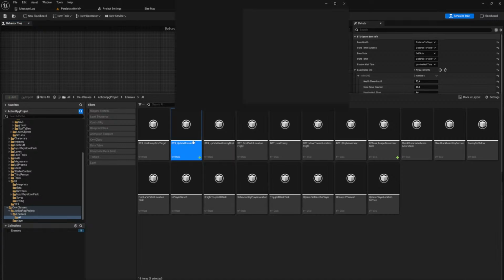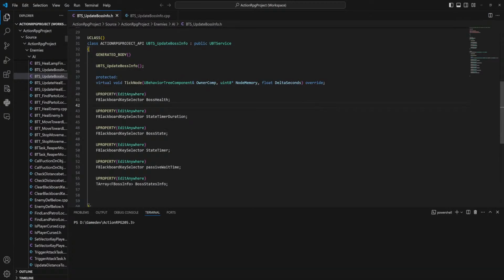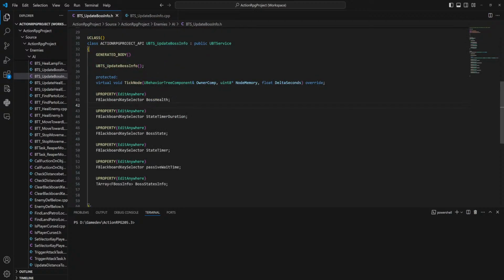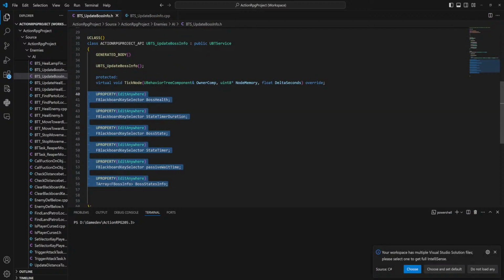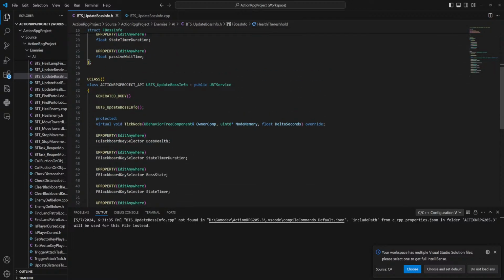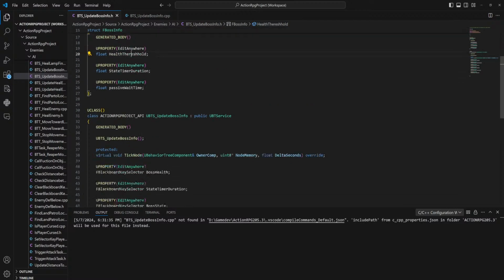Update boss info. So what we want to do here is on tick node we're going to update all of this information, right? So we're going to calculate some stuff, and then we're going to make decisions and everything based on that. And I made a boss info struct here to do that through.